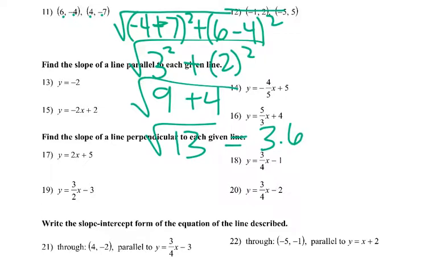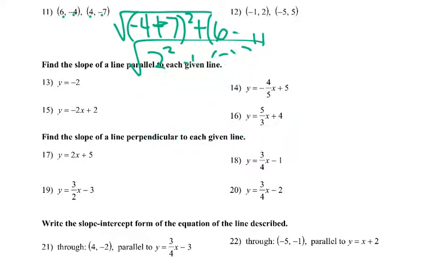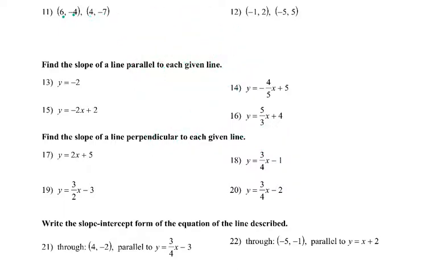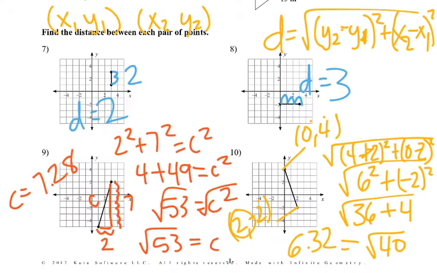Okay? Now you could also do it using the Pythagorean theorem. So the idea was that we made a triangle. You could grab a piece of graph paper, plot the 2 points, and then make a triangle if you really wanted to. Or what you could do is like this. Because this triangle was the difference in the x values and this was the difference in the y values,